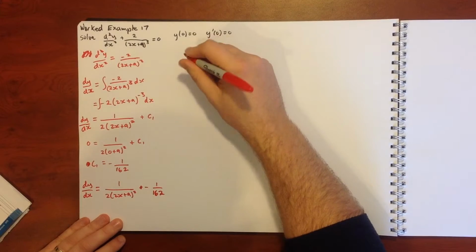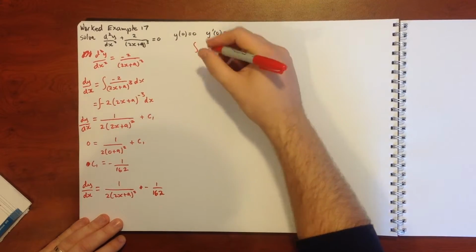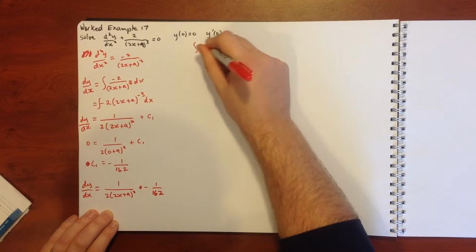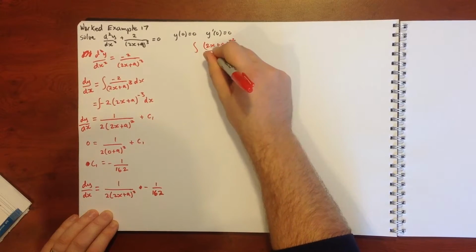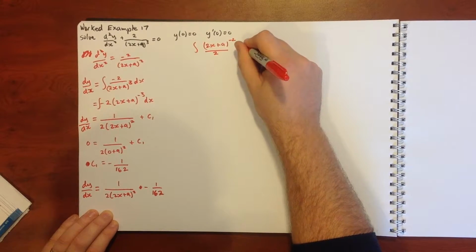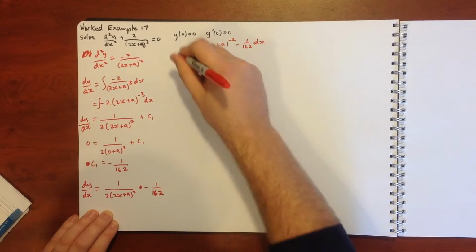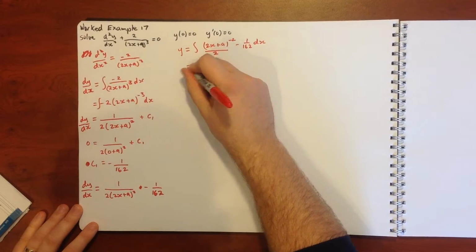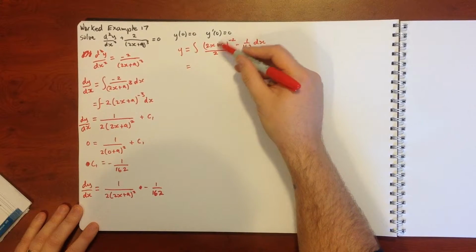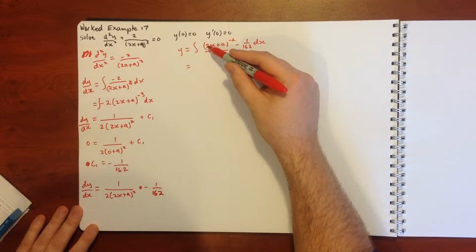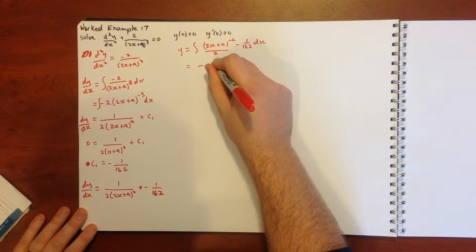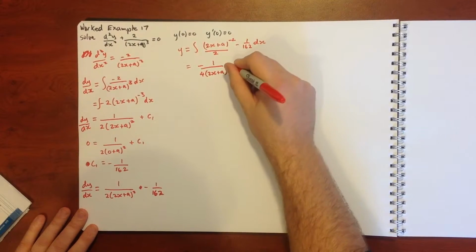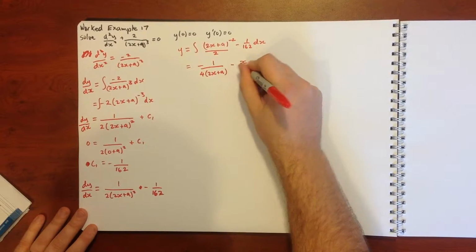Okay, so now we need to integrate that. So we're going to be integrating (2x plus 9) to the negative 2 over 2 minus 1 on 162 with respect to x, and we'll get y when we do that. Okay, so when we run through with that, we've got to increase our power by 1. We've got to divide by that negative 1 and by 2. So we're going to end up with negative 1 over 4 times (2x plus 9), minus x over